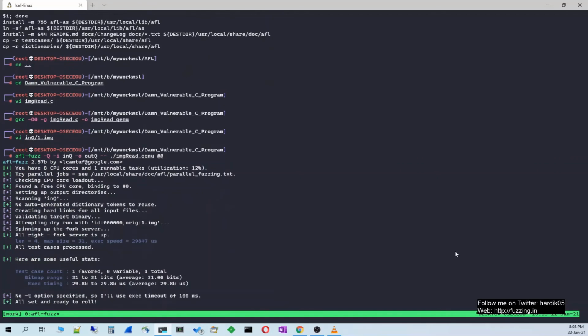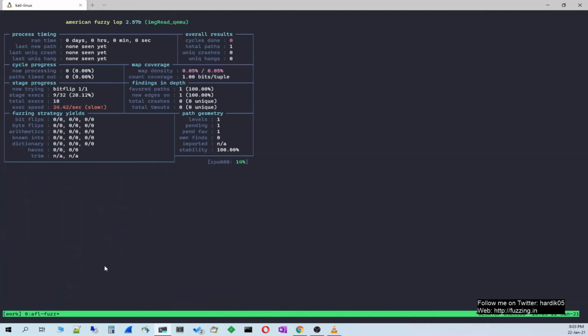And let's see. So yeah, you can see that it started working, and it started fuzzing our binary, and it should be able to find a few crashes in some time. Let's wait and see how much time it takes. Yeah, so you can see that it started finding crashes over here.